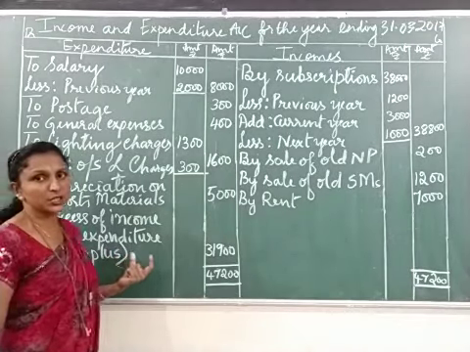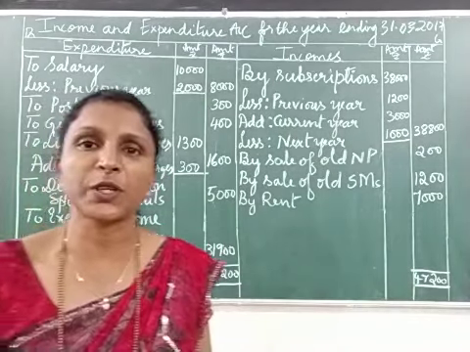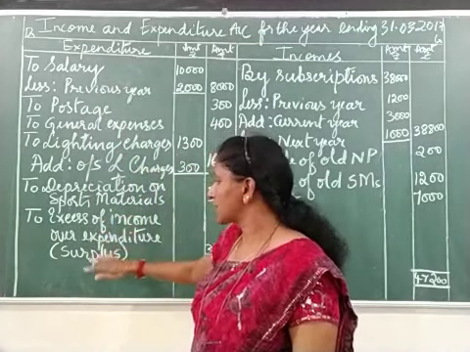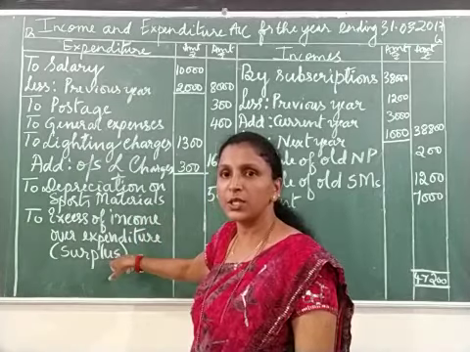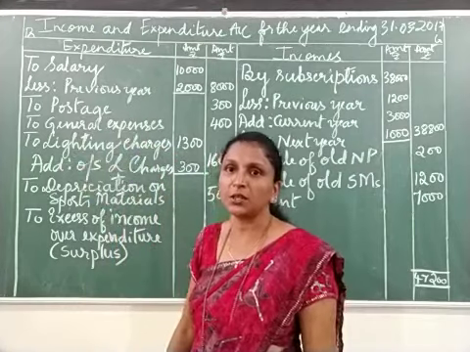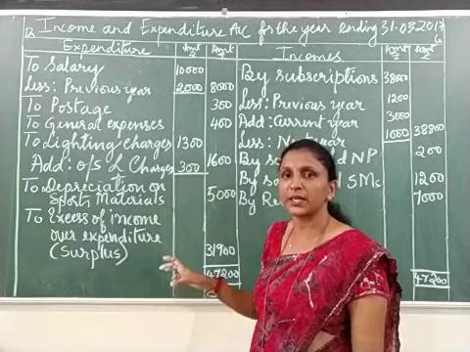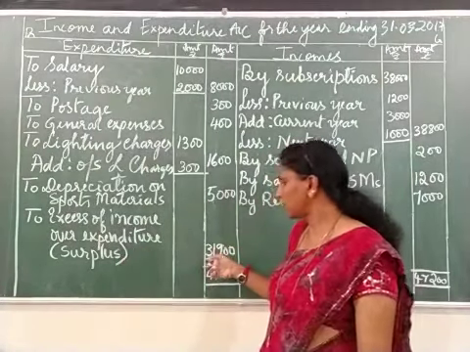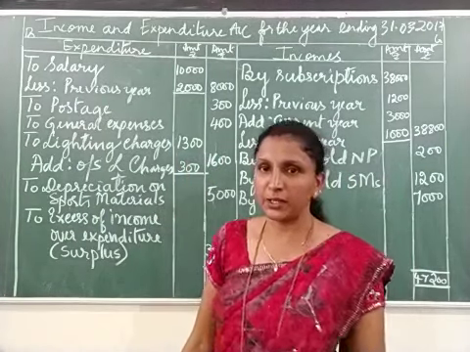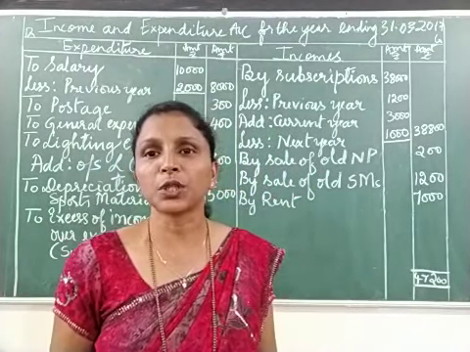So now one theory question we have answered here. What is the purpose of preparing income and expenditure account? What should be your answer? Income and expenditure account is prepared to find out surplus or deficit. So we have got surplus in this problem, and this surplus will go to the balance sheet where we add it to the capital fund. So there will be an item on the liability side, capital fund. So we have to transfer the 31,900 surplus to that capital fund when we prepare the balance sheet. So I hope you understood this income and expenditure account. So let's move on to the balance sheet now.